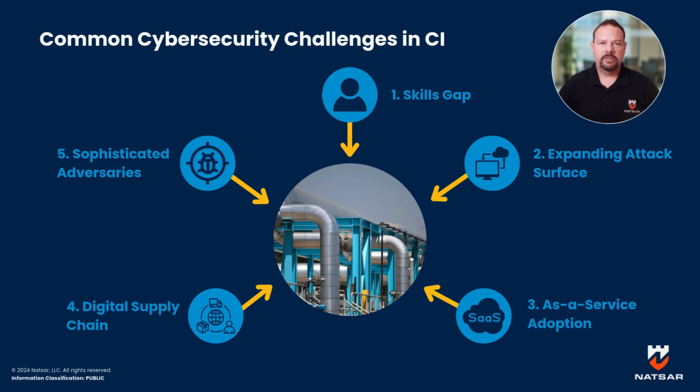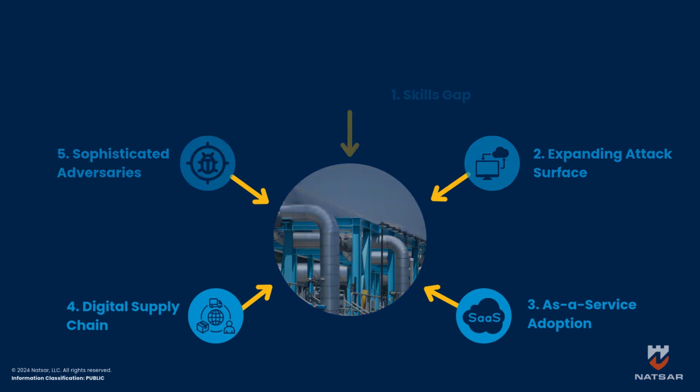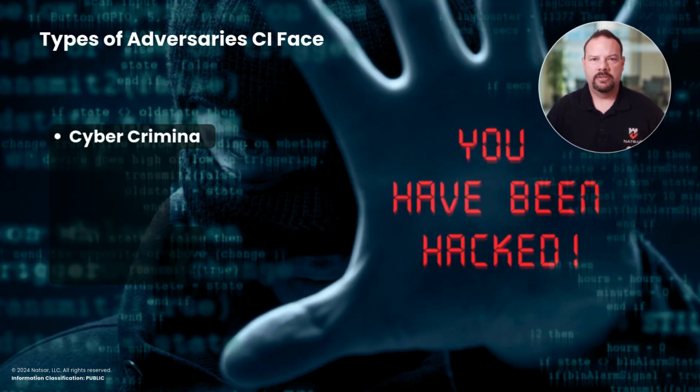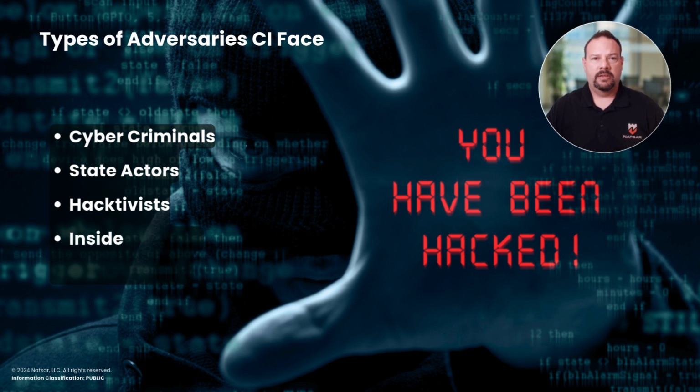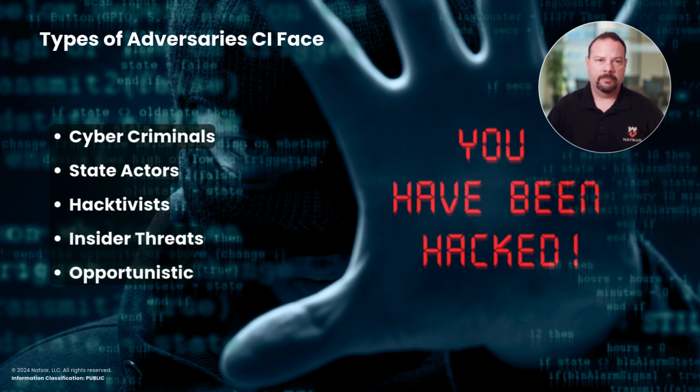And these adversaries are, in fact, sophisticated, and we'll talk in a little bit about some of the malware that's being developed just for critical infrastructure environments. These are common adversaries that critical infrastructure, and frankly, anybody, face from a cyber defense perspective. First is your cyber criminals. Those are your typical people that are using technology to facilitate and commit their crimes. Could be for financial gain, for espionage, for any other reason. They're just criminals that are using cyber to facilitate what they're doing.